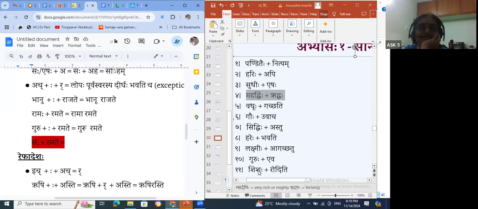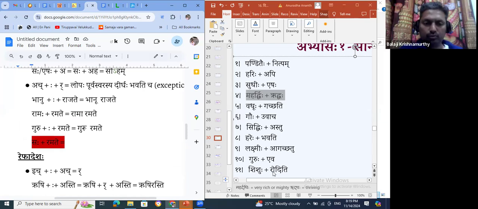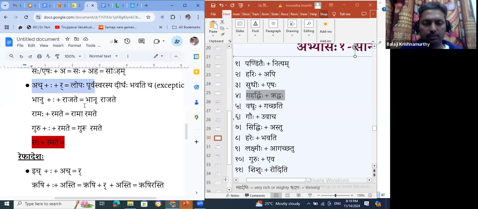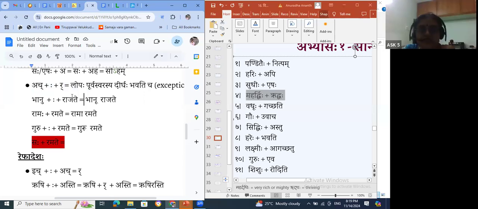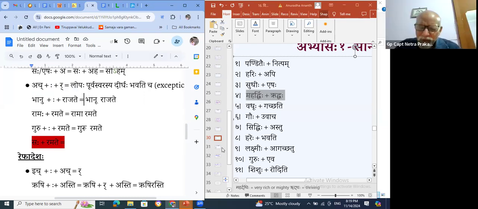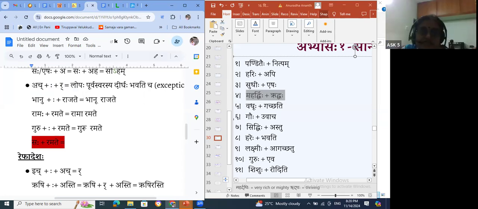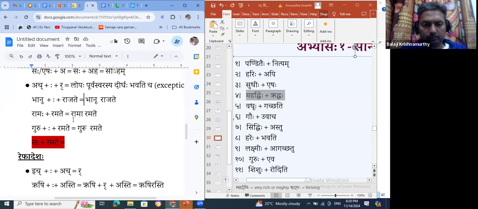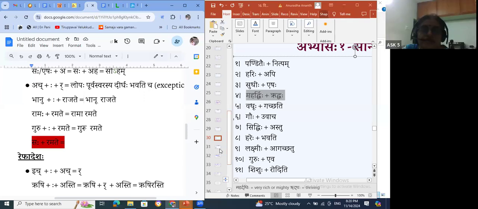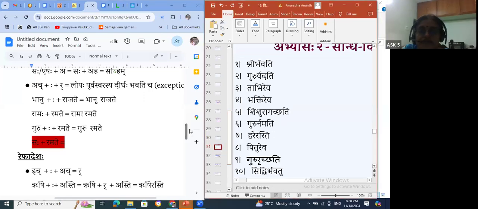Shishu roditi, because of this: Visargasya lopah, anantara pura swarasya dirgah bhavati. Ma'am, will it not be Shushur Roditi? No, as per our exception rule, we saw one exception rule. Remember, ach plus visarga plus r followed by it. Because of that, lopaha happens and then the previous varna lengthens.